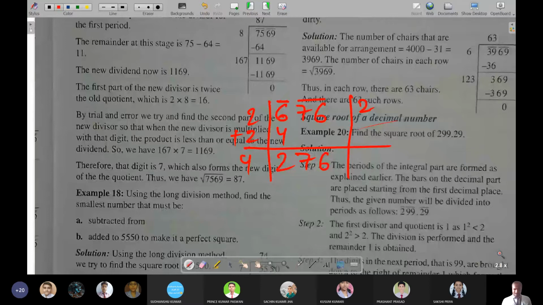Okay, so I think with 6 it will go. 6 6s are 36, and yes, so 6 we will be keeping. 6 6s are 36, 6 4s are 24, and 3 is 27. So it gets cancelled. Okay, at last you can add also, or if you leave it, no problem.